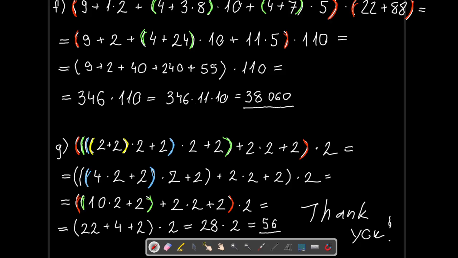Next time I will prepare some text problems. We will have a problem which is described by text, and then we will need to write the expressions seen here, which we solved today. For example, this